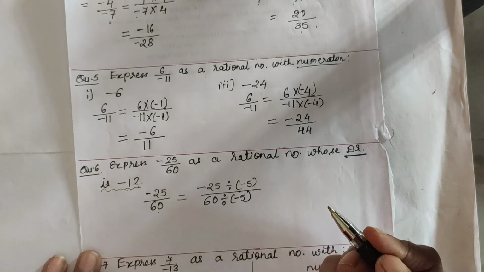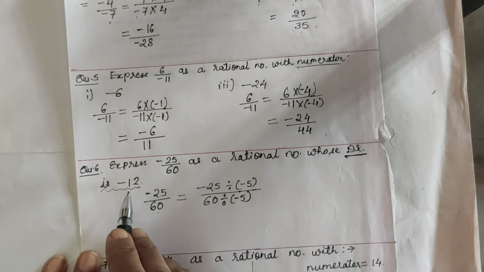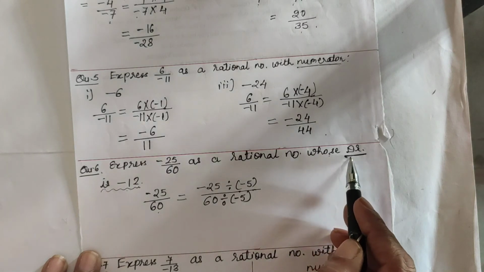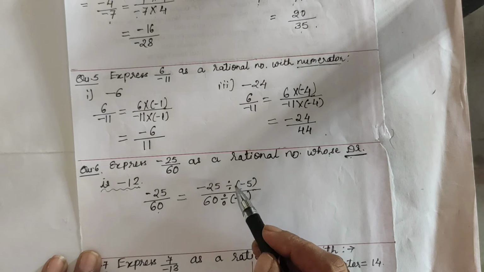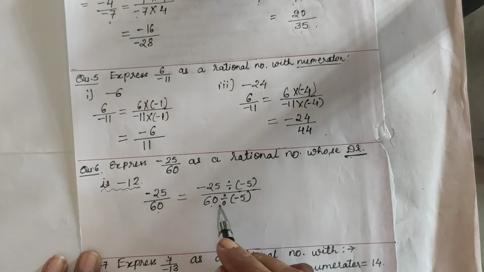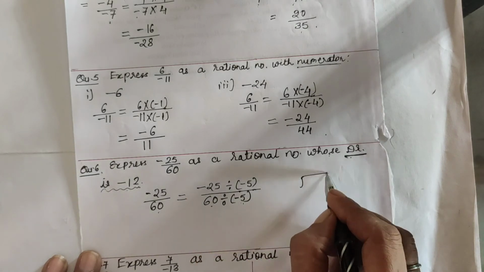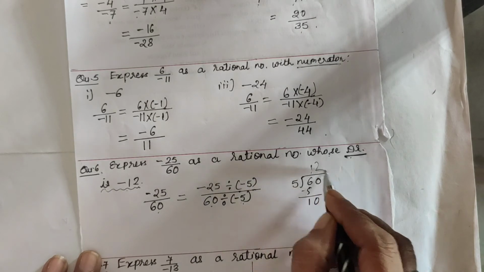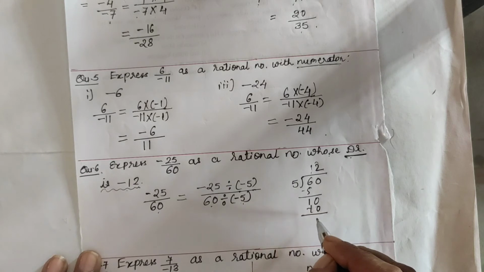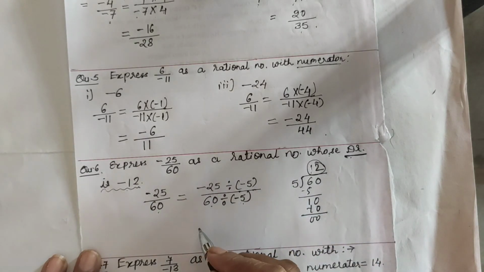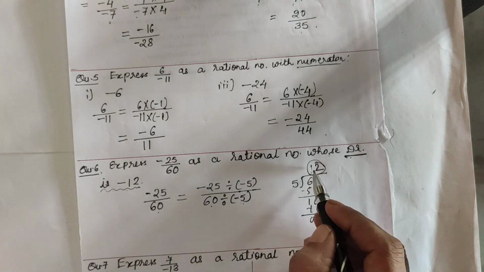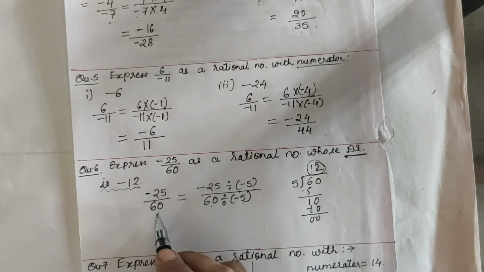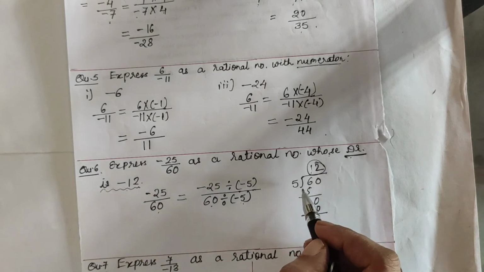Let's see. See, to get minus 12 as the denominator, we have to divide by the same divisor. And here what is that same divisor? That is minus 5. You see, when you divide 60 by 5, you will get 12. See, I will do that rough work also. When you divide 60 by 5, 5 ones are 5, 6 minus 5 is 1, 0, 5 twos are 10. And the remainder is 0. So what you are getting? 12. So to get the number by which you will divide, you divide this given denominator by this number, you will get the answer.